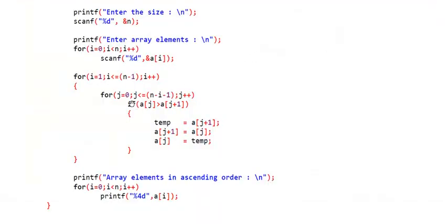Right? Now what it will do is, inside the inner for loop we have only one statement, that is the if statement. What we are checking is whether a[j] is greater than a[j+1]. What is a[j]? j is 0. Is a[0] greater than a[1]?